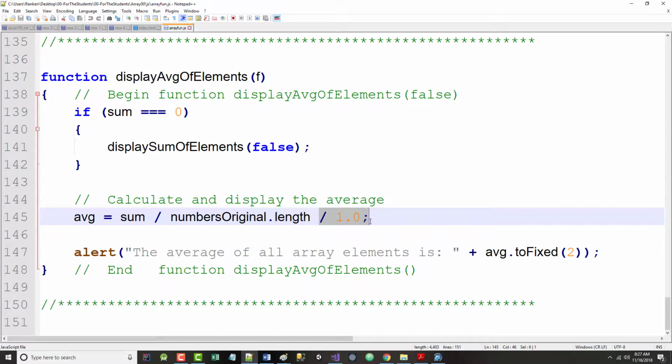So if my result was 49.6385, that'll keep that. If I leave this off, it'll drop any decimal component. It won't round it, it'll just drop it. All right? I could have used a rounding function and rounded it up or down, but I just decided to do it this way. So what I've just given you,